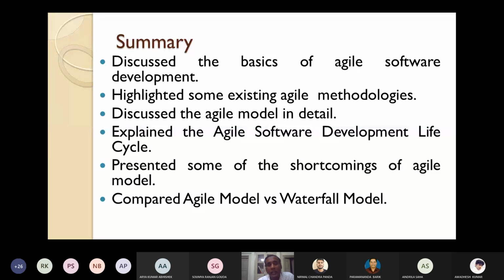But I think it will be better if you can take up at least one agile methodology, because I have told there are several agile methodologies such as extreme programming, Scrum, DSDM, etc. So let us take at least one in brief so that you can understand, because when I go to the testing, I will take any one model. Then I will say either extreme programming or Scrum, and then I will say how testing is applied in extreme programming or Scrum. So let's quickly take, within half an hour, how software development takes place in extreme programming or Scrum.